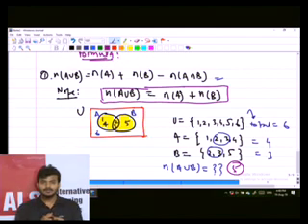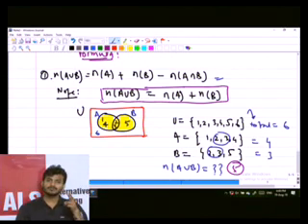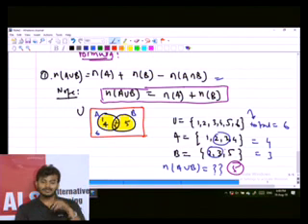That is not true, because there will be some common element that you have to subtract. Why is that? The reason for this is, when you add A, you are taking this A. So you have counted 1, 2, 3, 4. You have counted all the 4 elements. But now again you are plotting this B, right? And when you are overlapping them, you are again counting 2, 3 and 4.